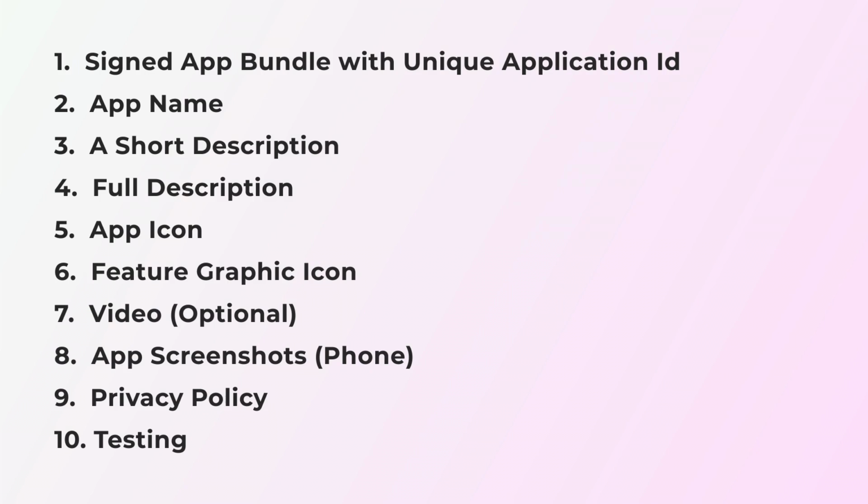9. You can take examples of your competitors or take the help of Google to create a privacy document. 10. If you're publishing your app from your personal developer account, then a list of emails of 20 testers who will be testing your app continuously for 14 days. Once you have all the prerequisites ready, we will go to the next step, which is to create an app